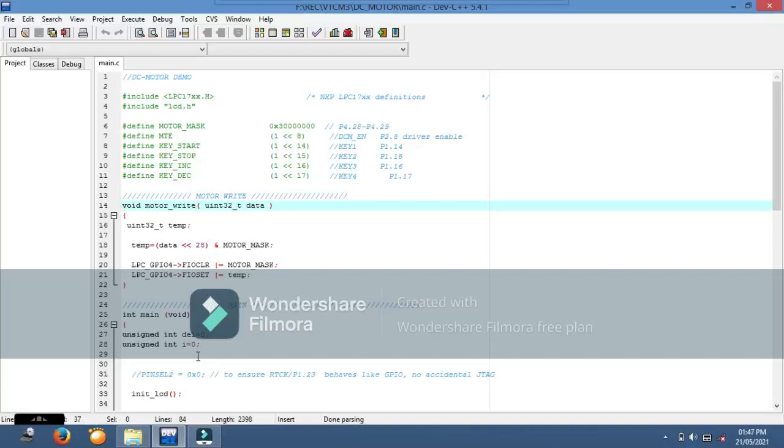I already explained the steps involved to dump the program and create a hex file in Microvision Keil 5. Today I am only explaining the program of the DC motor, since I don't have a kit to show you the output. Instead, I am going to explain the program.